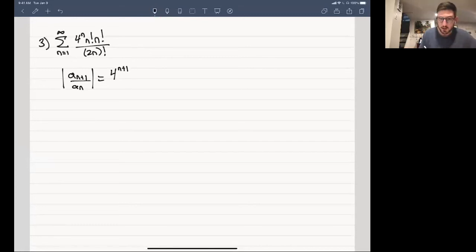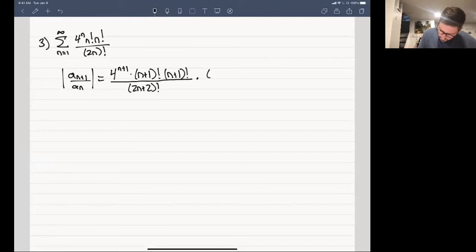Let's do a_(n+1) first. I'm going to open up my factorials. So I get n plus 1 times n factorial. Actually, what I'll do is I'll write just factorial here, and then we'll talk about how that cancels off, just so you can see all of the steps as we go through. 2n plus 2 factorial, and then divided by a_n, that's 2n factorial divided by 4 to the n times n factorial times n factorial. So if you follow the same method that we did in the previous example where you open up those factorials,